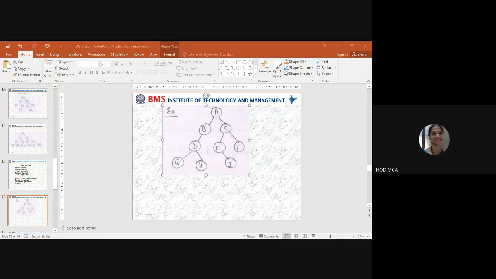Nishant, are you able to do it? If anybody is doing it, let us first start with in order. If anybody is able to do the in order traversal, can you please post it in the chat? Let me see. Write the in order traversal of this tree. Anyone? Nishant, are you able to write the in order traversal for the given tree? Try. Anybody who has tried, put it in the chat.